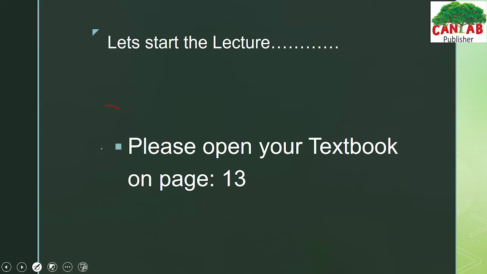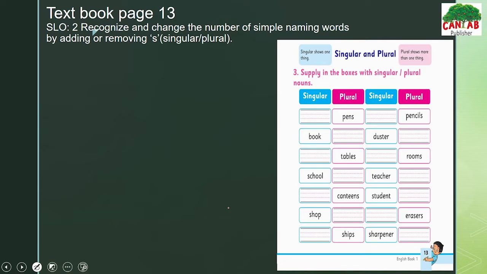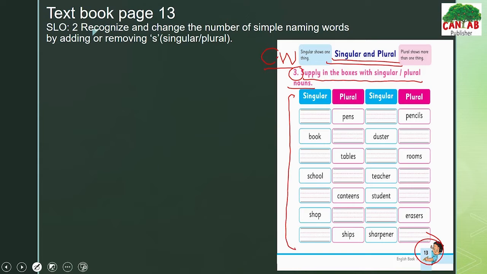Please open your textbook on page number 13 and we'll start the lesson. This is your page number 13, which we are going to do. You can write CW classwork here on this page. So before we try to fill in question number 3, supplying the boxes with the singular and plural nouns, we are going to